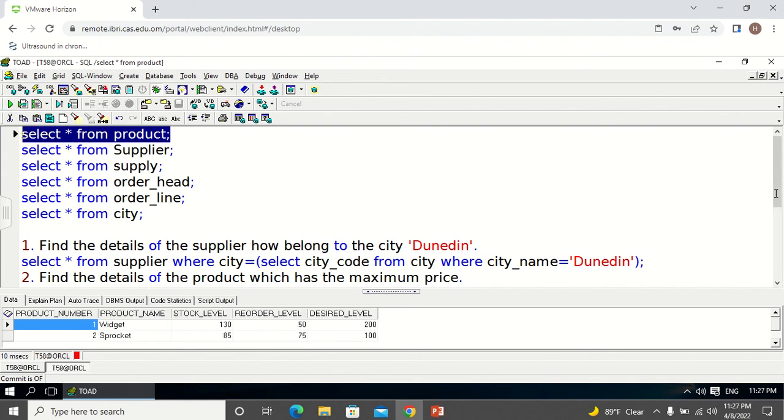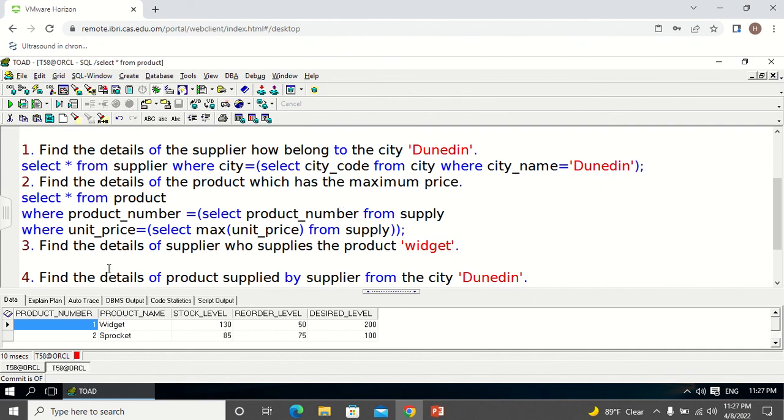Okay, so now let me write the query. So I will write select. What I want is the product number. So I will write product_number from which table? This is the product table. Okay, product table, where, what do I know? The product name,